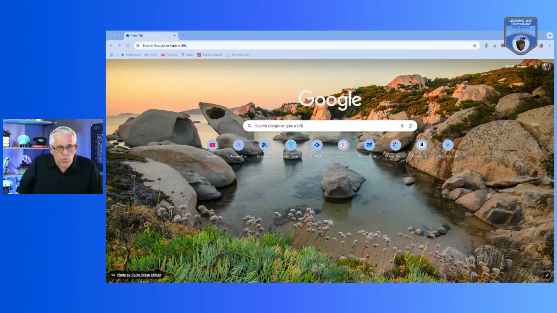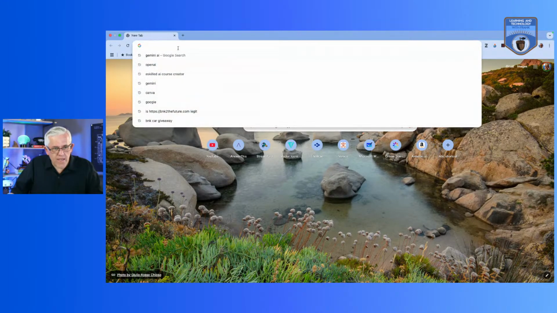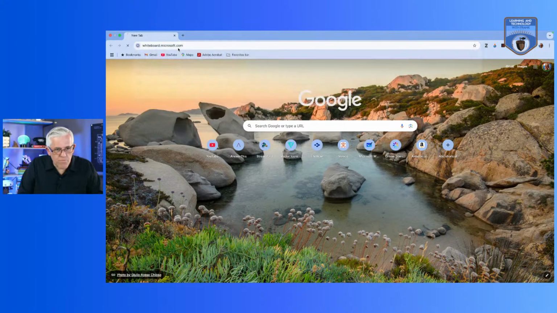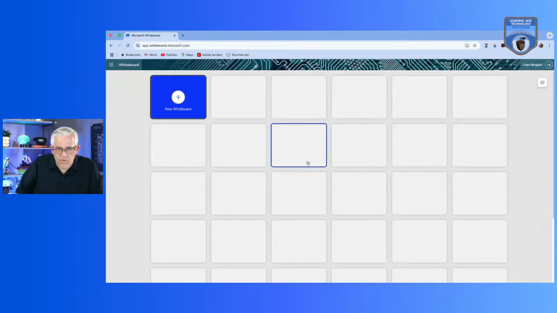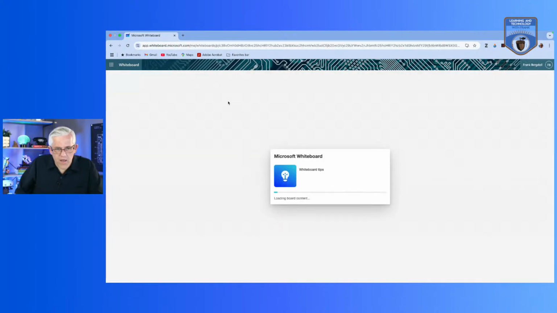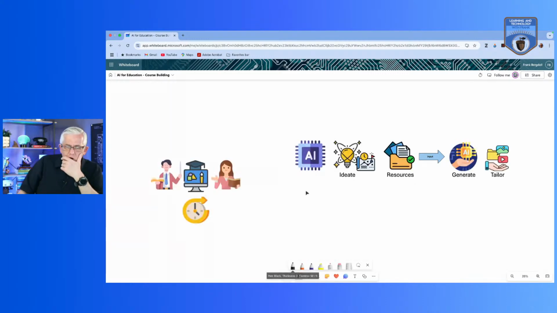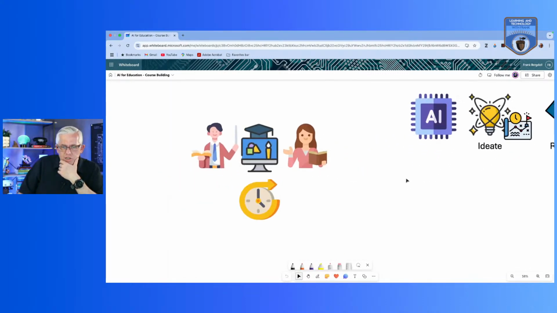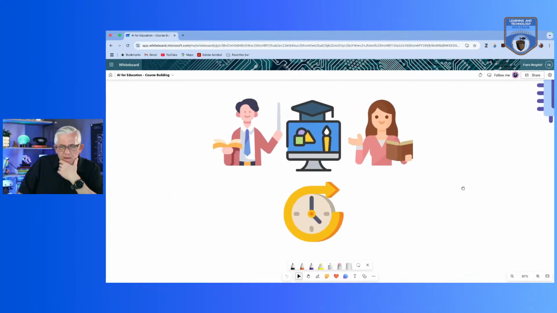I did create one thing here that I wanted to share with everyone. Let me just pop over here, and it's a Microsoft Whiteboard. I'll bring up Microsoft Whiteboard. I will have to authenticate here. Oh, I'm already on. Okay, so when we talk about working with AI in education, the big thing that always comes into play